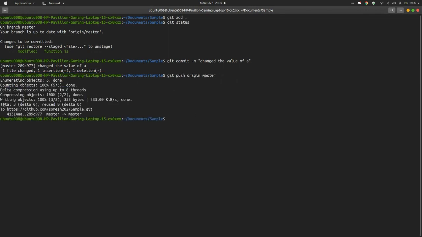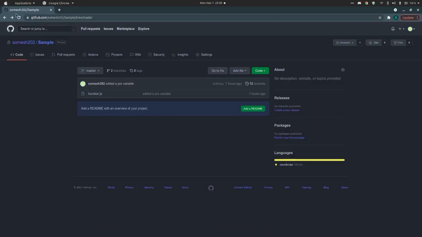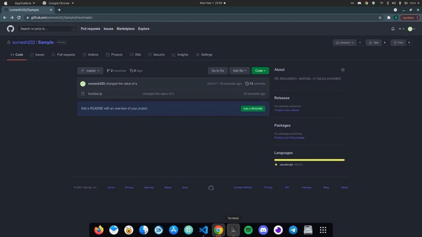The changes have been pushed. Let's see the repository. If I refresh, we can see the commit 42 seconds ago, "changed the value of a". So the change I made locally has been pushed to the remote repository.